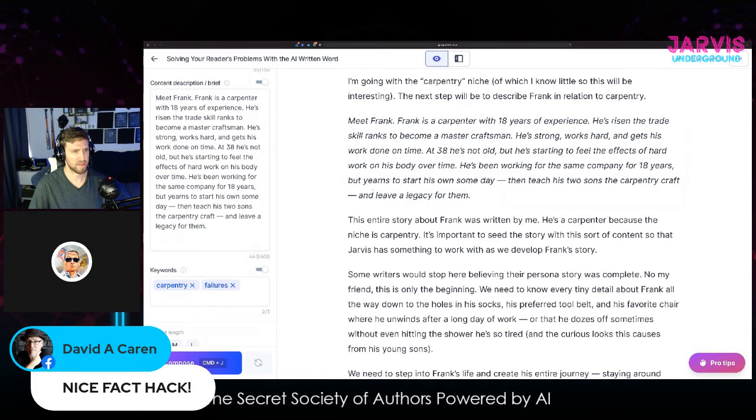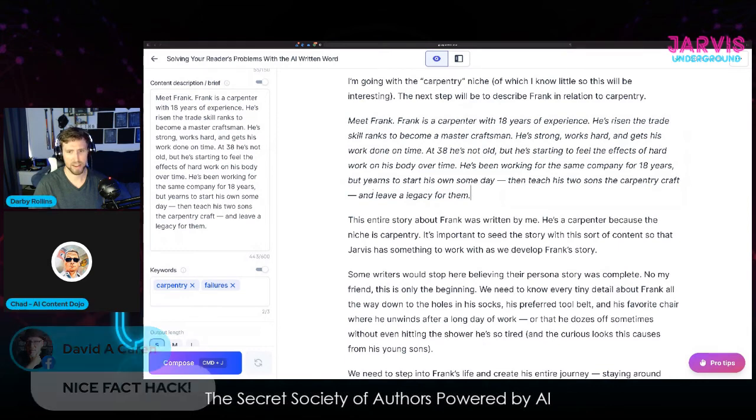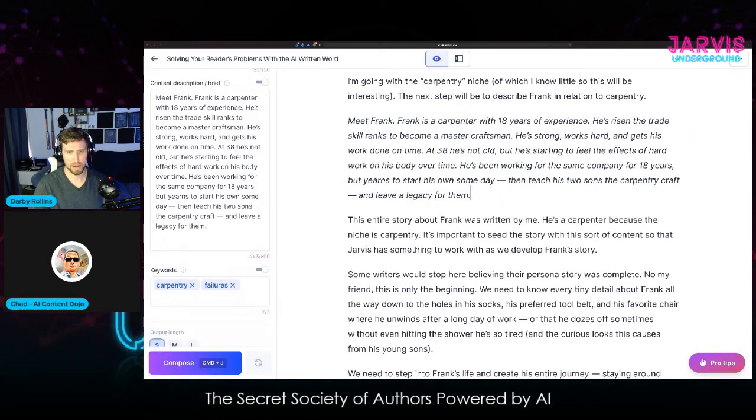Yeah, no, that's a nice fact hack, as David would say. And I know that's something people will run across, as Jarvis will say stuff that's absurd, or that might be true. I'm not sure. So it boils back down to being the expert, doing the research, knowing your topic, so that you can be the fact checker for Jarvis. Obviously, the more you know your subject, the faster you'll be able to do this. But that's a really great point for saving some time out the gate and giving Jarvis some more context right there.